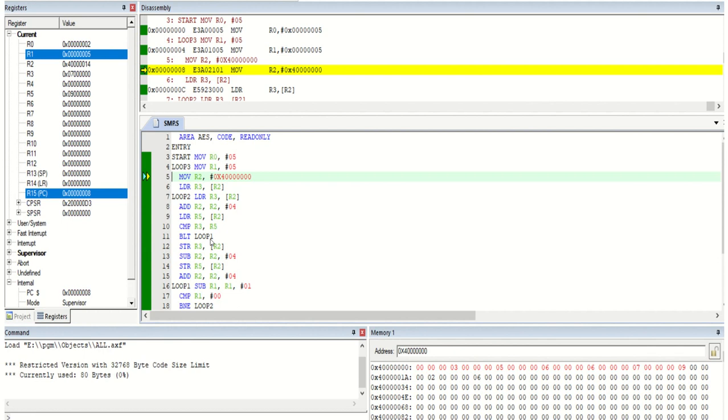Here, if you have to arrange in ascending format, one line changes there. If you have to arrange in descending format, again one line changes there. That line is the 11th line. Here BLT means branch less than, BGT means branch greater than. In the other program we have to use greater than. Here we have to use less than. Only that is the change between this program and that program.